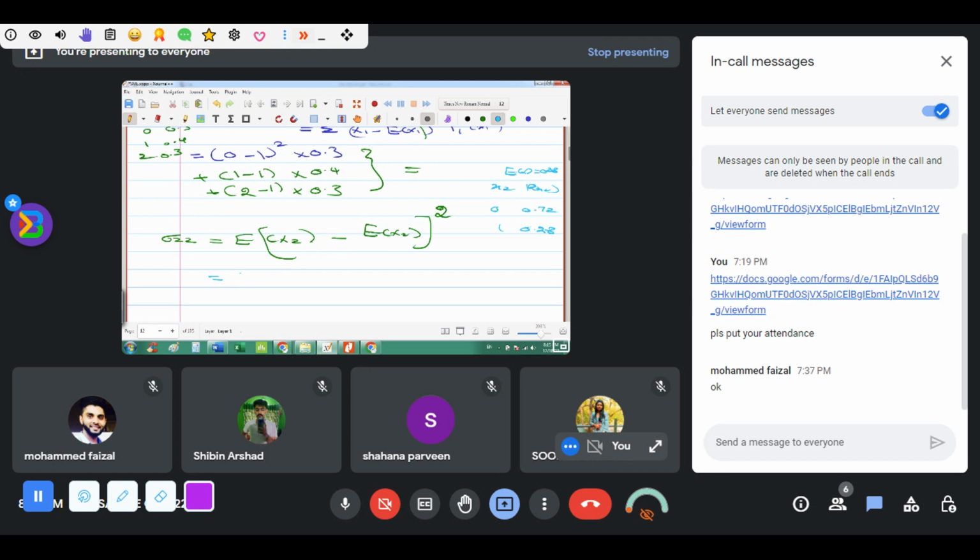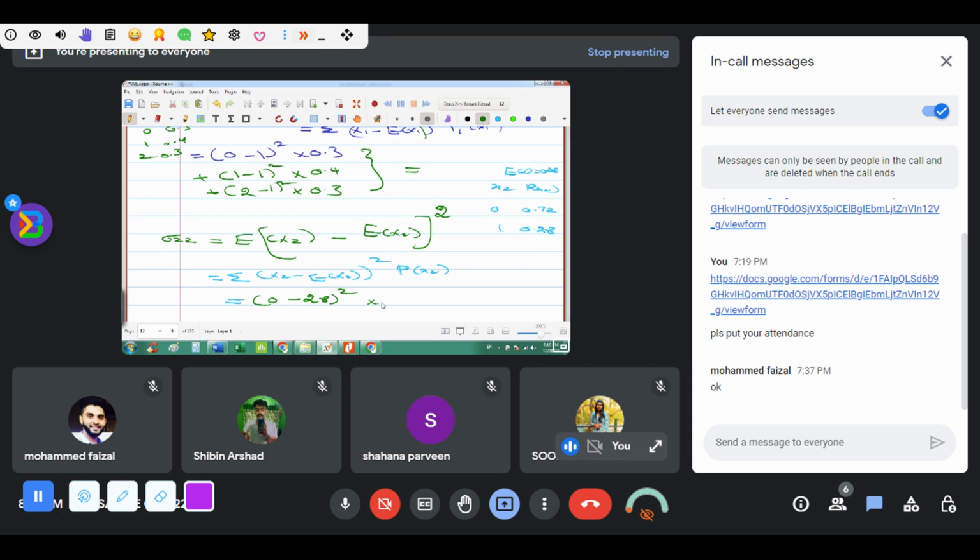Then you calculate the summation of x2 minus E of x2, the whole square, into the probability of x2. That is 0 minus the corresponding expected value 0.28, the whole square,